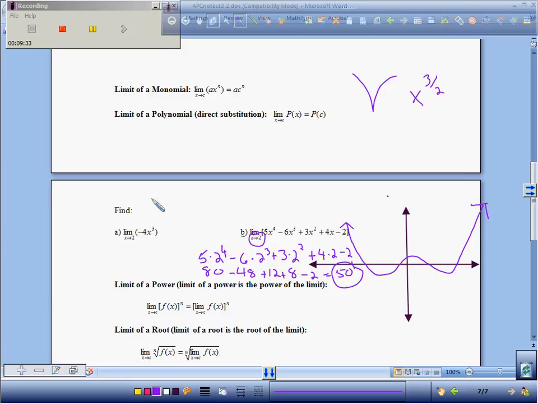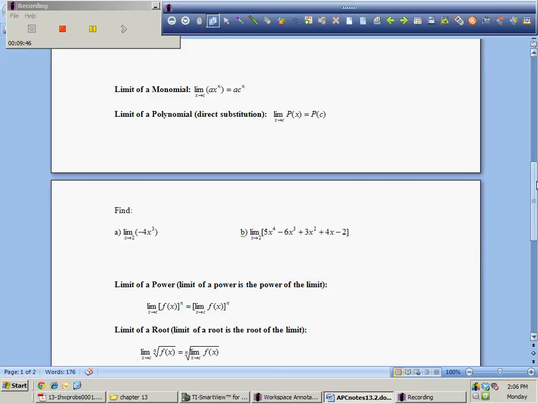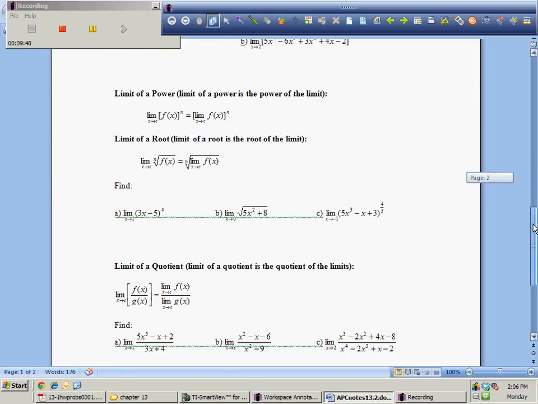Questions? You could do this the same way, but I'm not going to do that because that would be more than you need to know. All right. So this one says that the limit of power is equal to the power of limits. So you can either take the limit of the inside function and then raise it to a power, or you could take the thing and plug it in, take the whole limit at once, okay? So for instance, like this one,